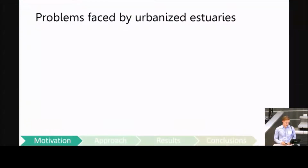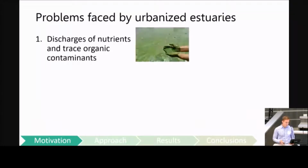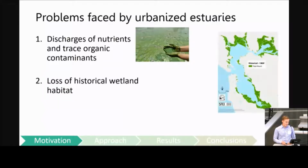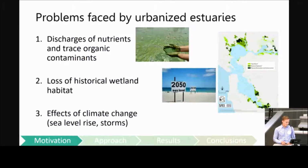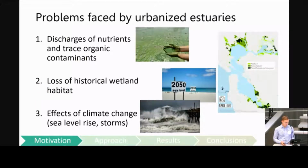So there are 3 major problems that are faced by urbanized estuaries like the San Francisco Bay Area. First is the release of contaminants from wastewater treatment plants. Second is the loss of historical wetland habitat. For example, San Francisco Bay has lost 95% of its wetlands in the last 2 centuries. And the third is that urbanized estuaries are at a heightened risk of the effects of climate change, such as